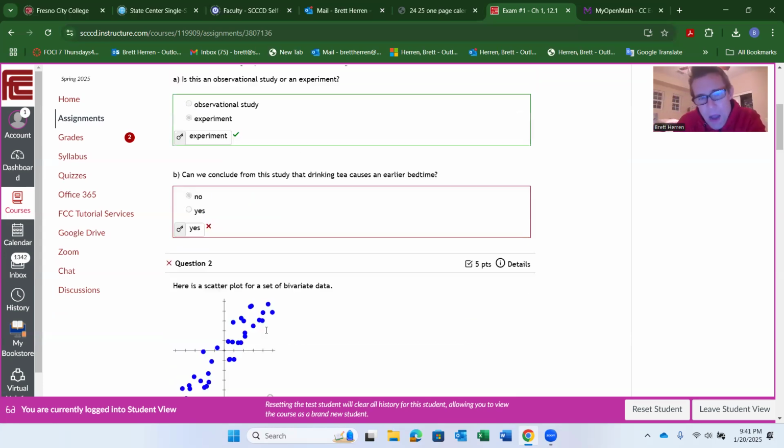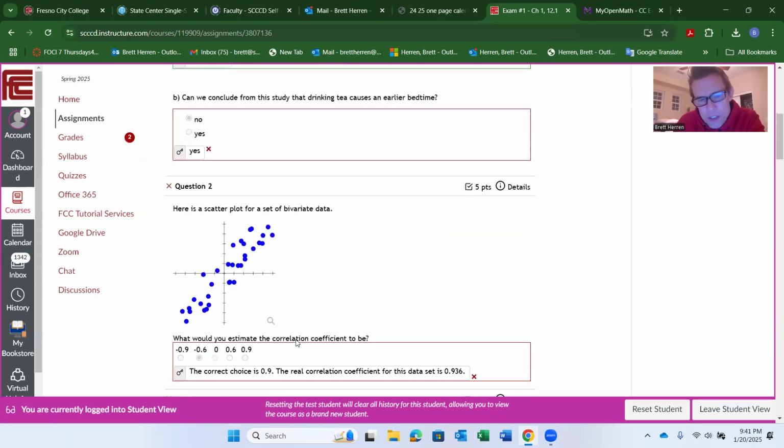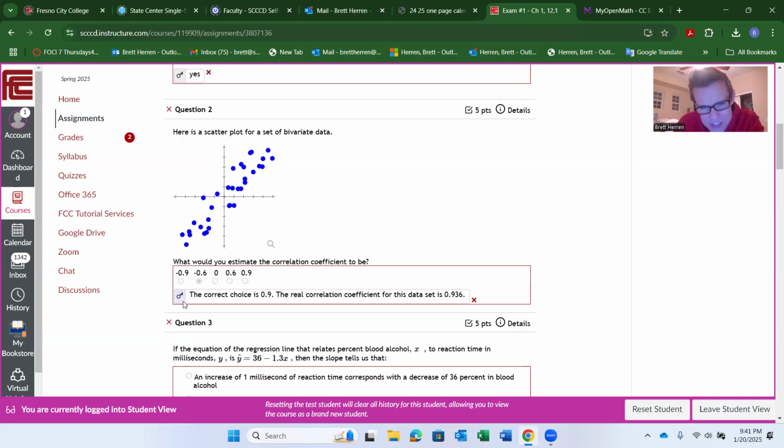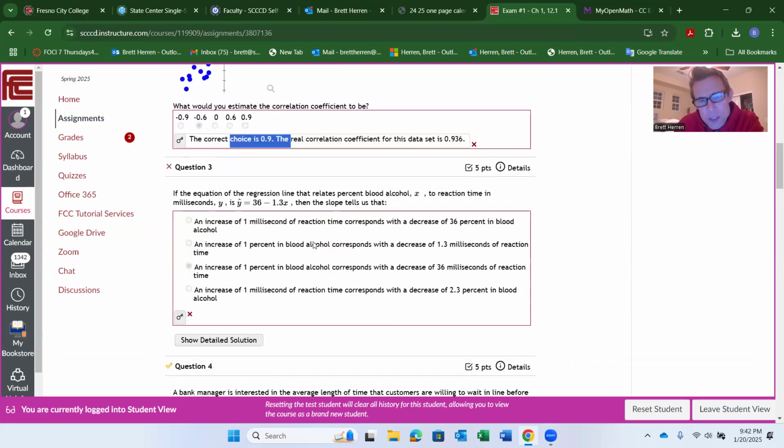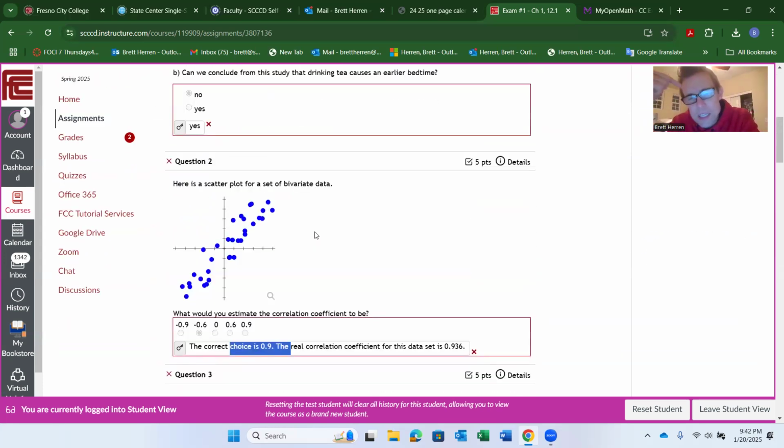So anyway, how could you study? What if you look at this and go, I see the answer key, it says it's 0.9, but I don't really understand why. Of course, Miss Oliva is going to be your best resource. Ask Miss Oliva to go over your original exam with you and show you how to do these problems. That way, when you do the retake, you'll do better. But I can also be a little bit of help with my videos.